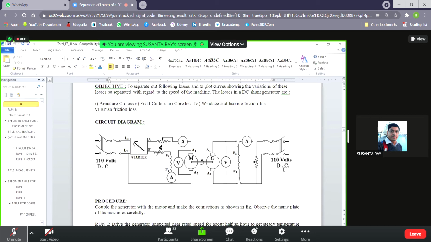And the ammeter is connected to measure the field current which is flowing in the field. And again at the end we have to connect a voltmeter across the generator's armature terminals to measure the open circuit voltage or no load voltage. Why is it open circuit voltage? Because no load is connected with this generator. Okay, got it. Now go to the actual connections.